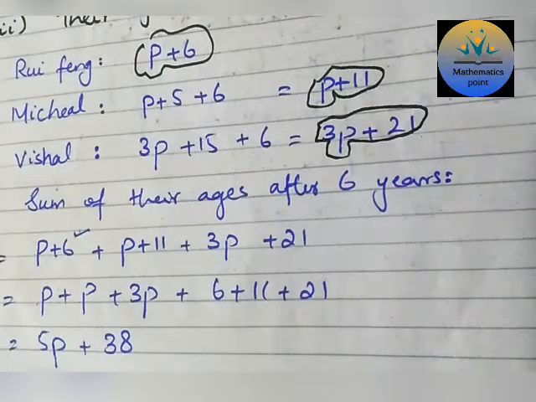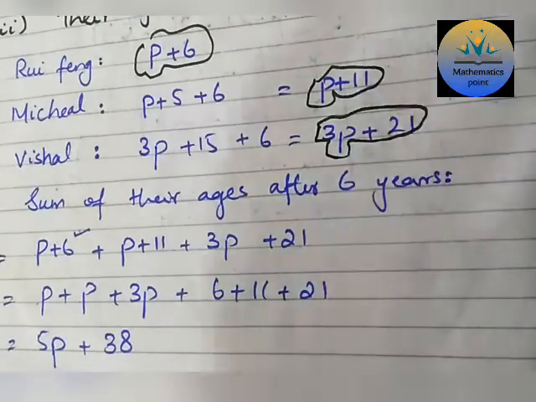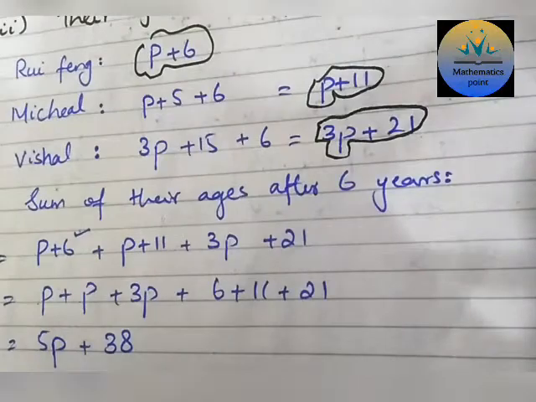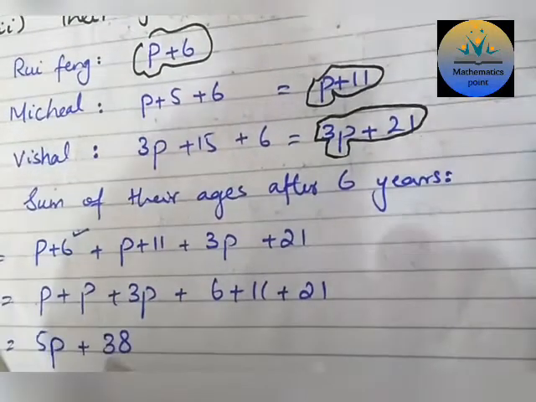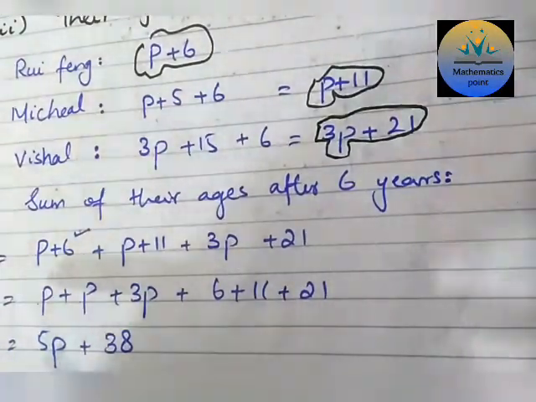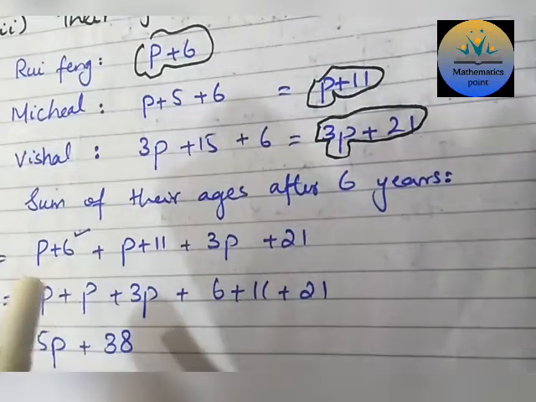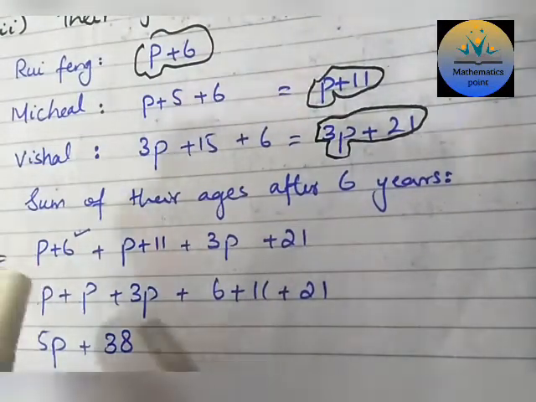Now in part 4, we have to find the sum of their ages 3 years ago. 3 years ago, what will be their ages? That is of the decreasing side. When they are talking about 3 years' time, they are talking about the future. Now when they are asking 3 years ago, they think that is past. They are talking about the past.